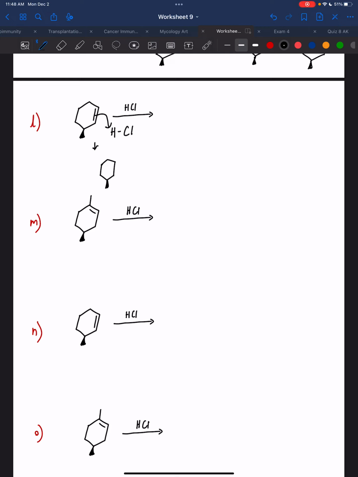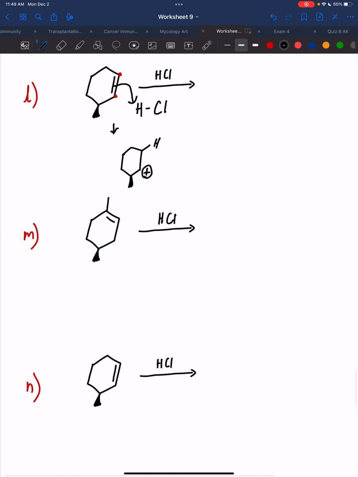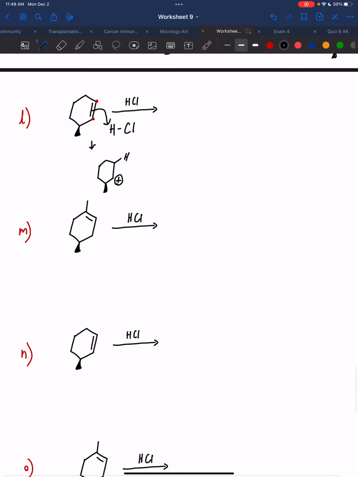You have to decide which hydrogen or which position on the double bond you want to put your hydrogen in. And again, you would want to put your hydrogen in a position that will give you a stable carbocation, right? So if I put my hydrogen in that position, I make a secondary carbocation,